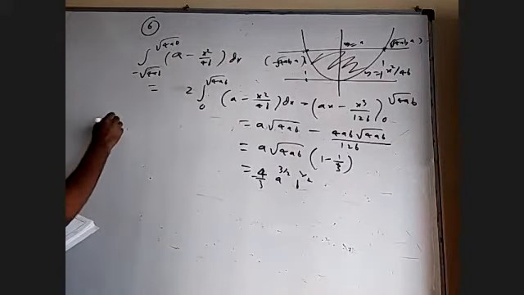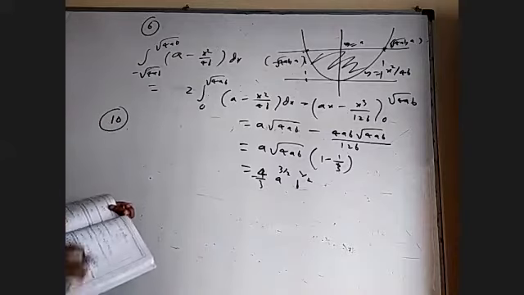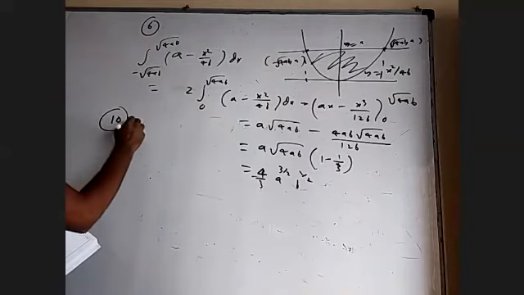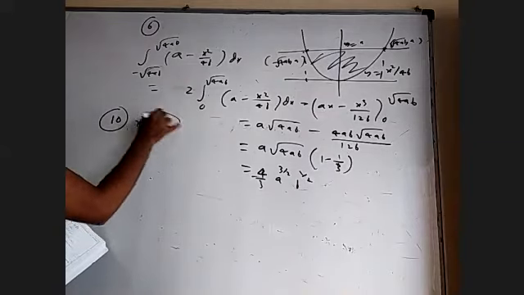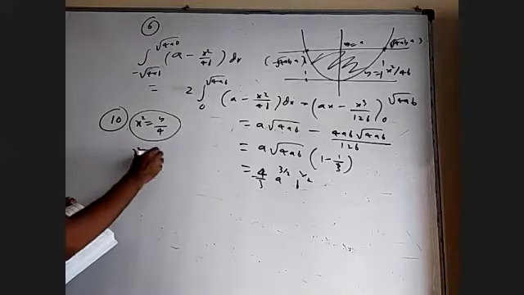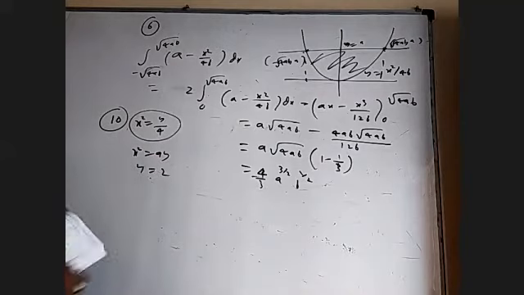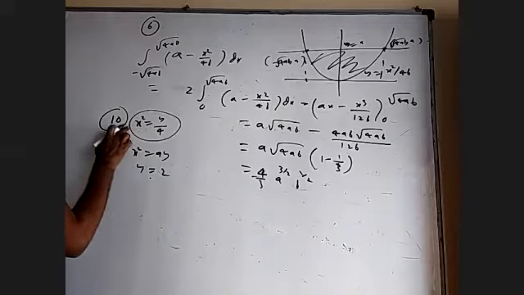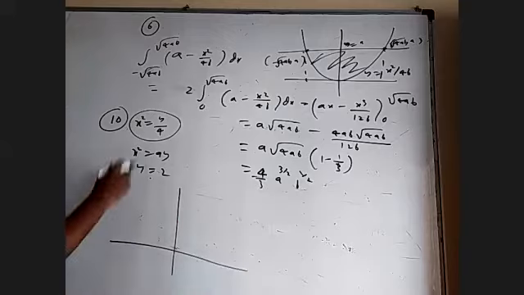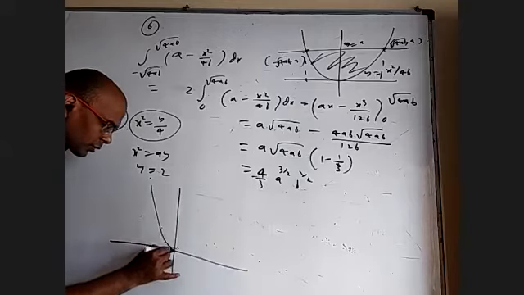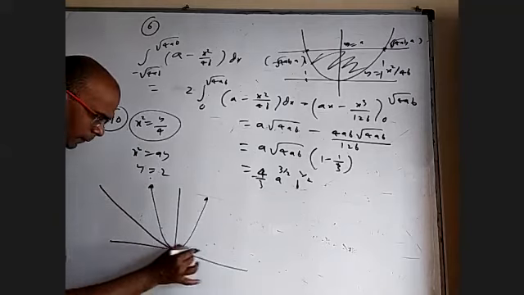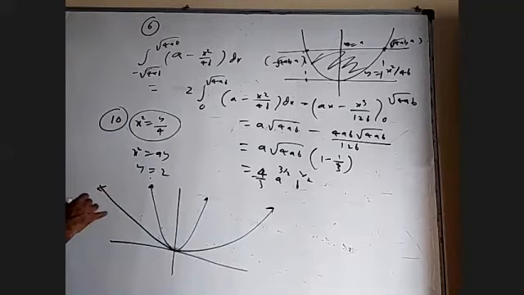Okay, somebody asked 10. What is the 10th one? The area bounded between the parabolas and the straight line y equal to 2. X square equal to y by 4 and x square equal to 9y and y equal to 2. Okay. This is 4x square, this is x square by 9. So one is more open, one is less open. Y equal to 4x square will be very narrow like this. The y equal to x square by 9 is quite wide open like this. And y equal to 2 is a horizontal line.